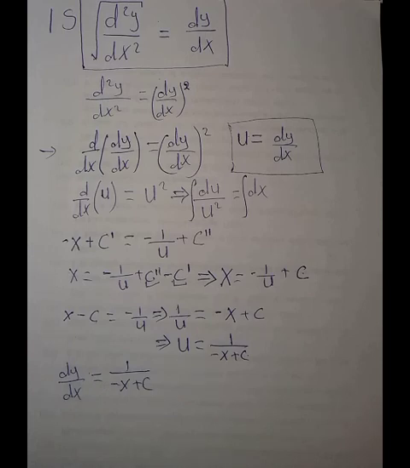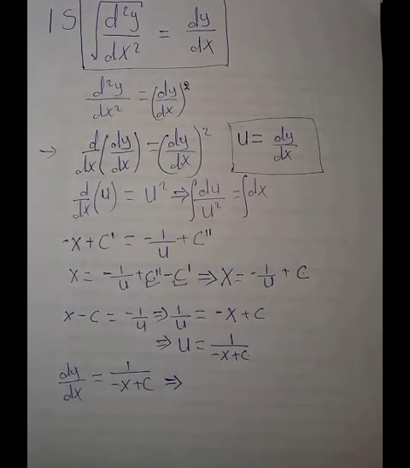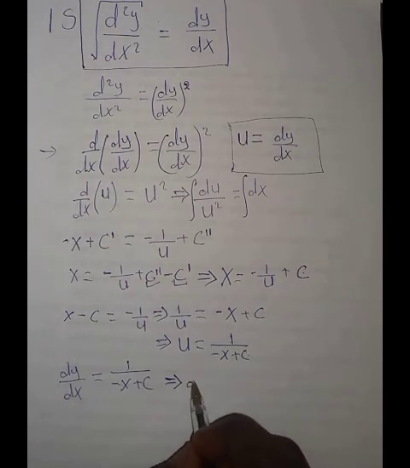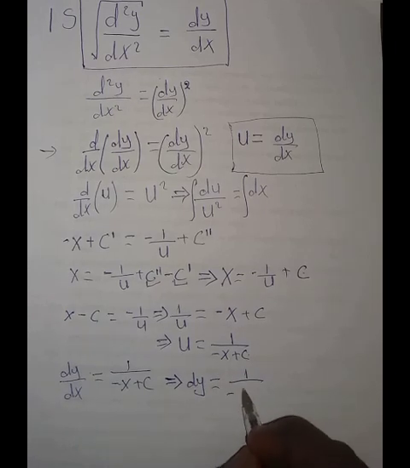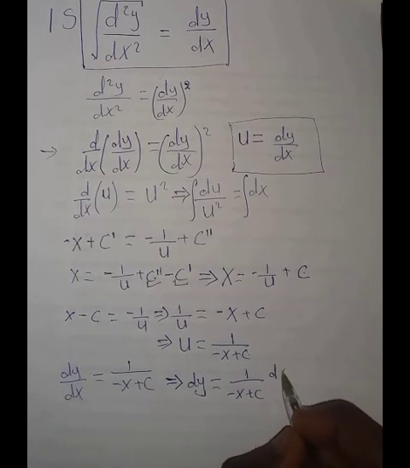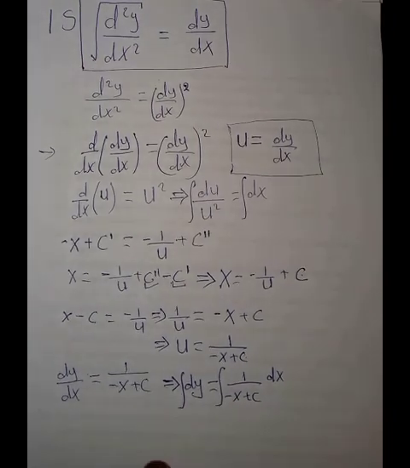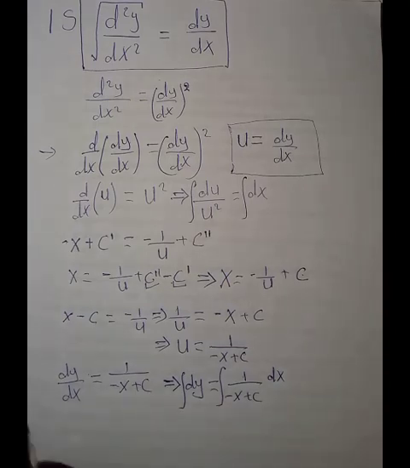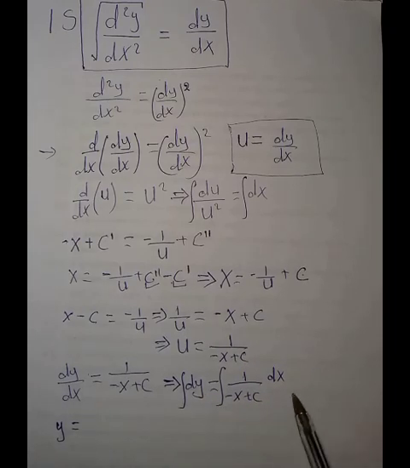Perfect. So in this case now, I'm going to still separate my variables because it is in a form in which I can separate the variables. If I separate the variables by multiplying all through by dx, I'm simply going to have my dy, which has to be equal to 1 over negative x plus c, then dx. So I can therefore integrate all through as well. If I integrate dy, I just have my y, which is the same as, if I integrate 1 over negative x plus c,